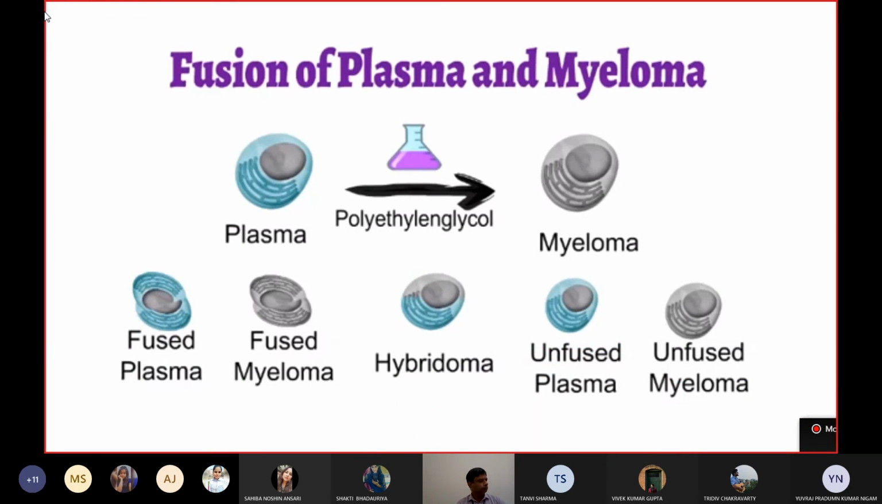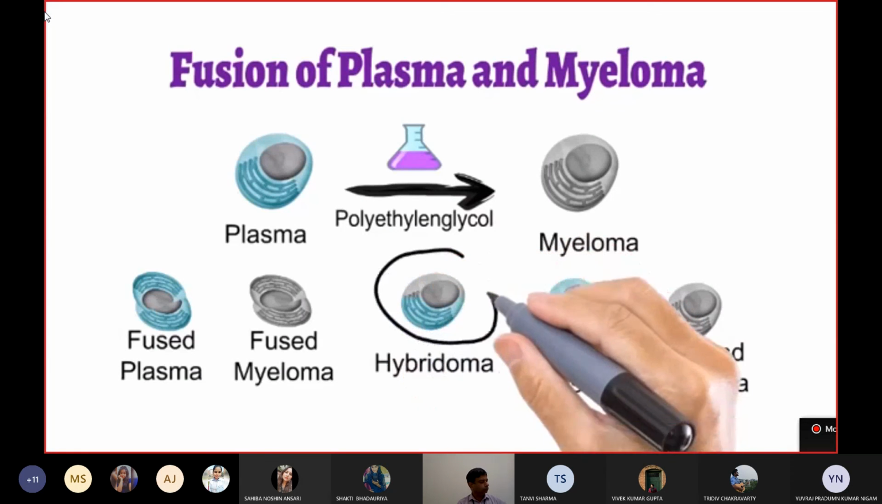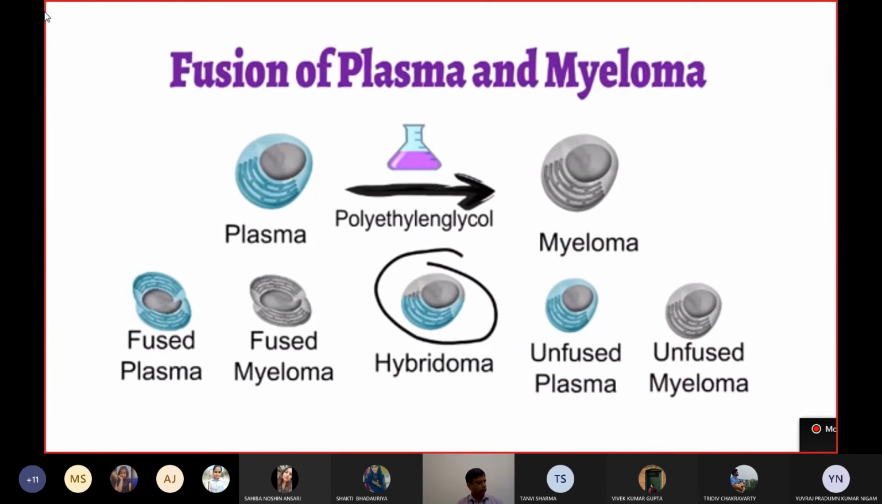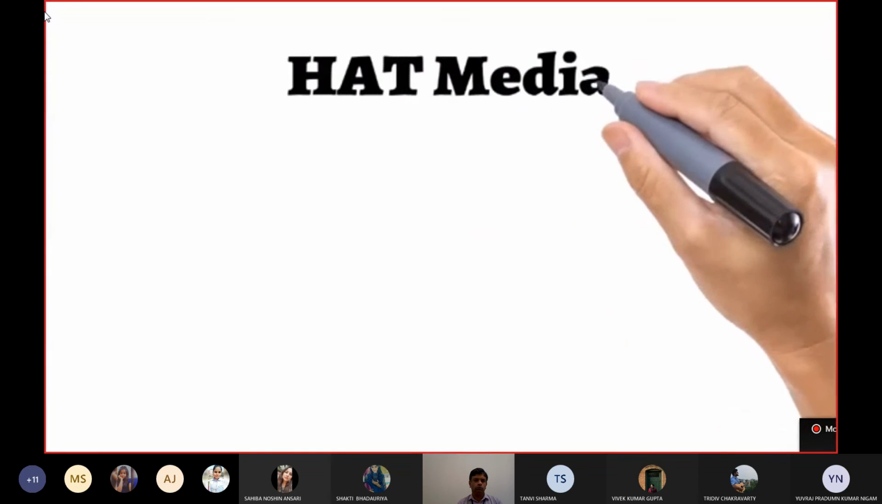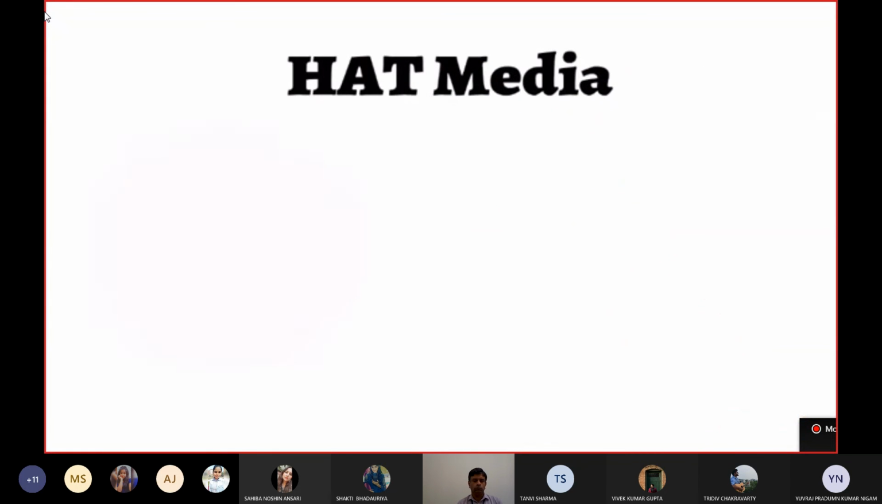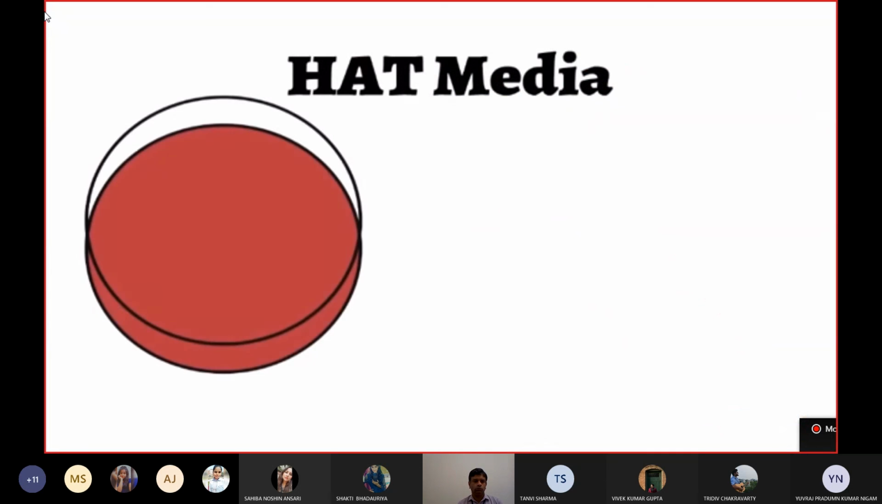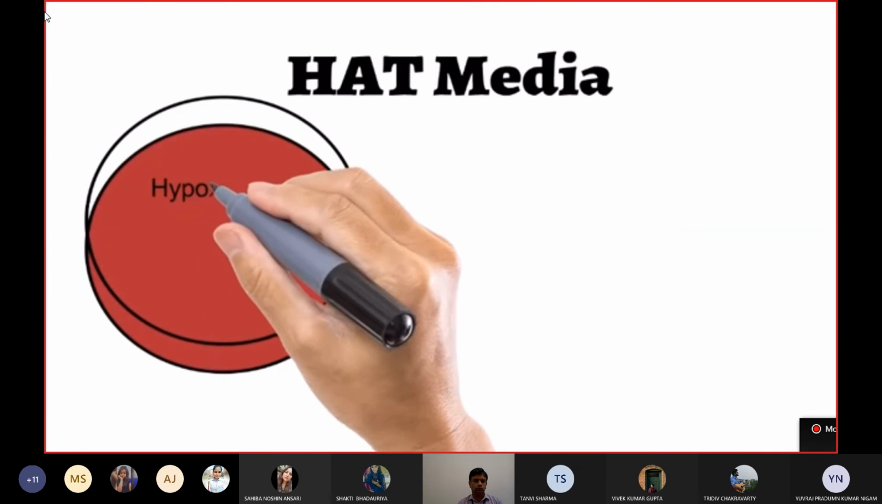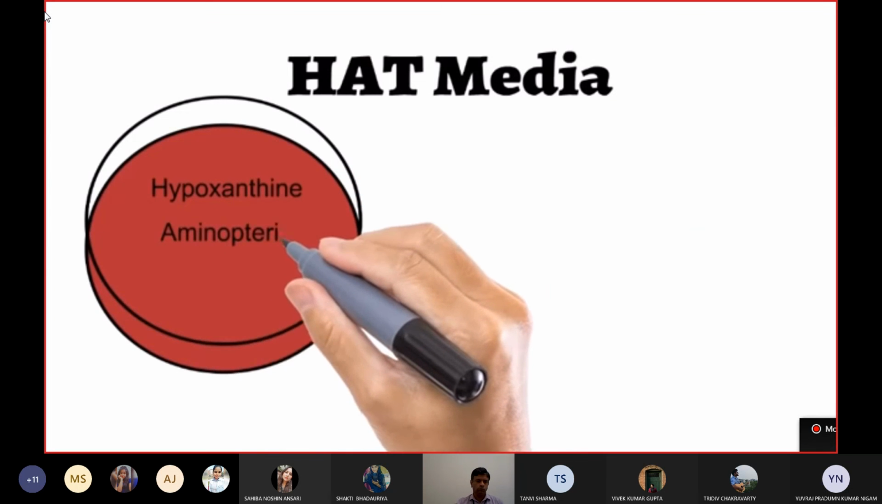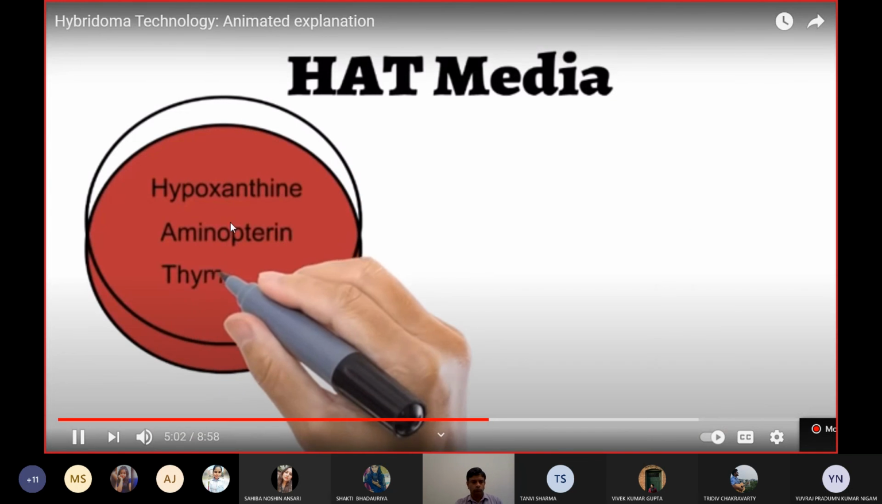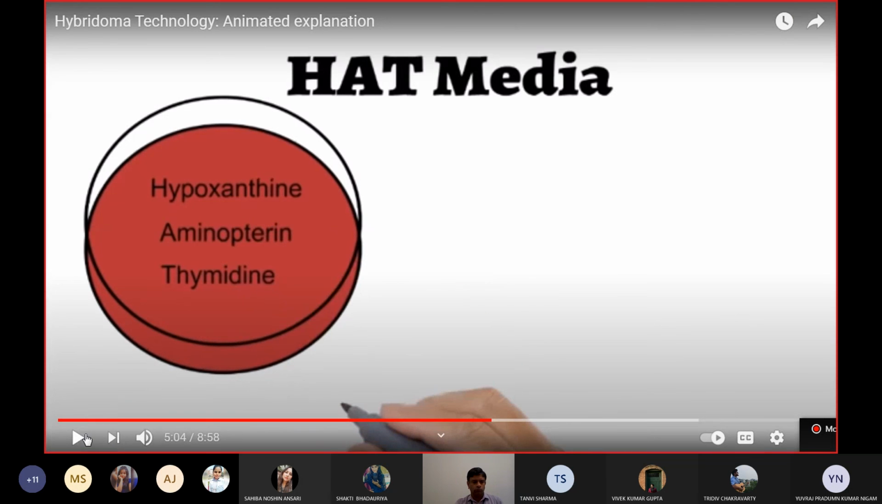Among these 5 cells, we are only interested in the hybridoma cell, and therefore the next step is the selection of hybridoma. Selection is carried out on the HAT media, HAT. Here the H is for hypoxanthine, A is for aminopterin, and T is for thymidine. These are the contents which are